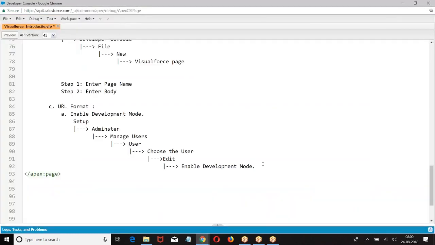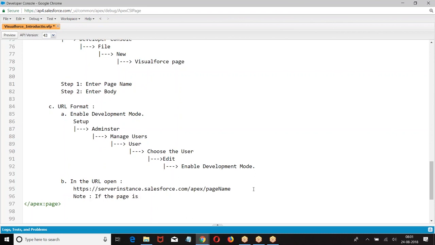So what is the third navigation we had? In the URL, server instance dot slash apex slash. Sir, for a specific user we are enabling the development mode.